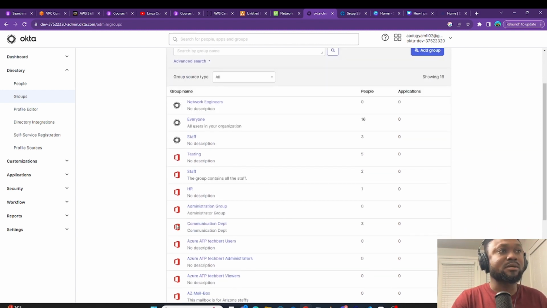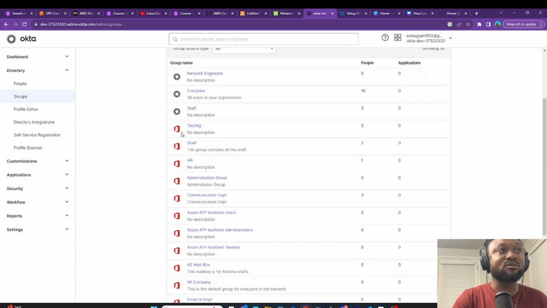I know that somebody might ask, why is a Microsoft 365 logo showing up, and this one is also showing up as an Okta logo? This thing is very simple. The Okta logo simply means that I created the group in Okta. The Microsoft 365 logo that you are seeing here means that all these groups that you see here, the testing